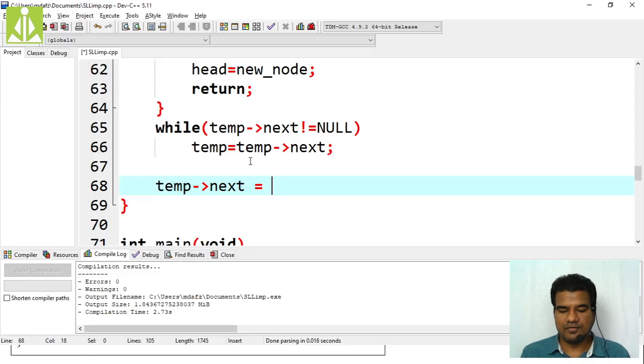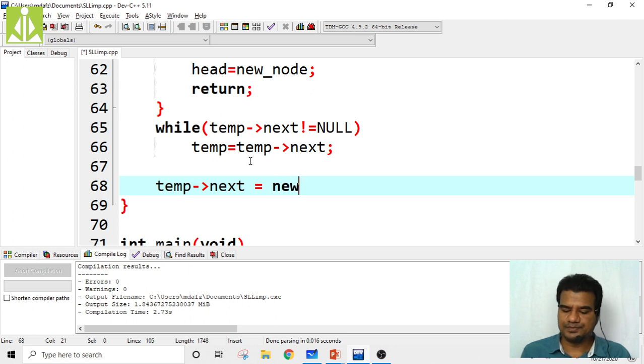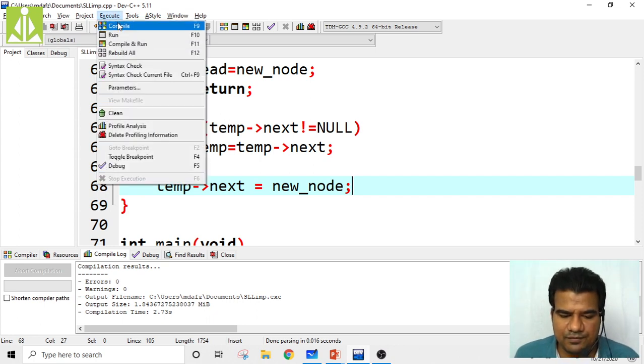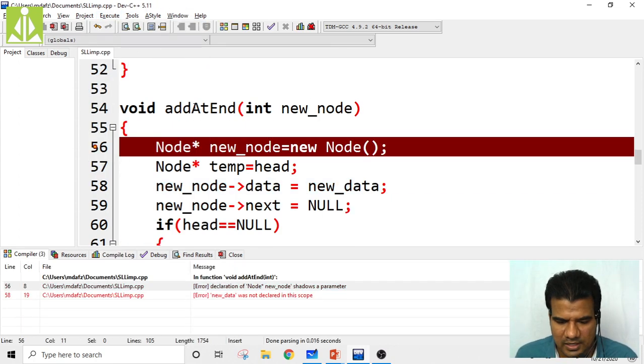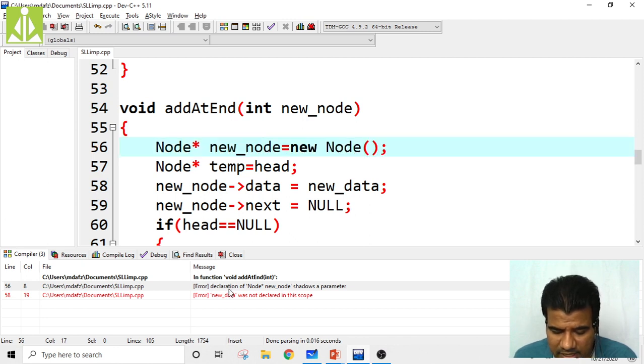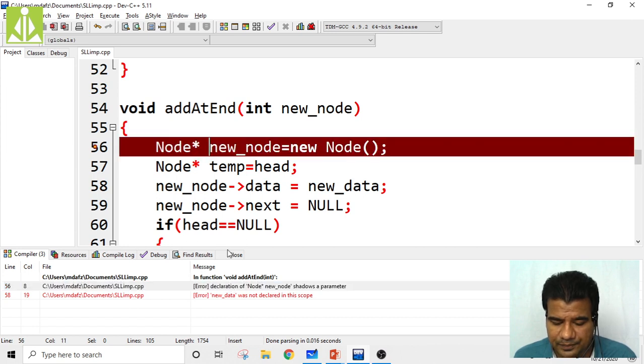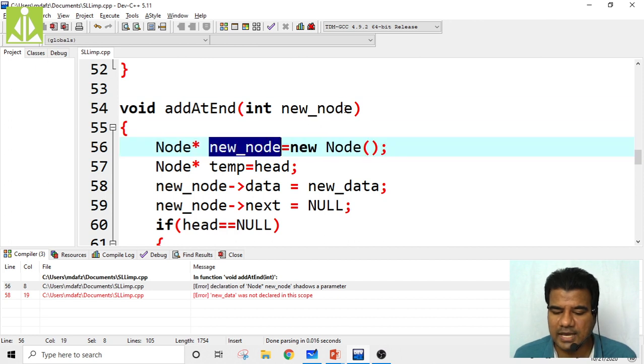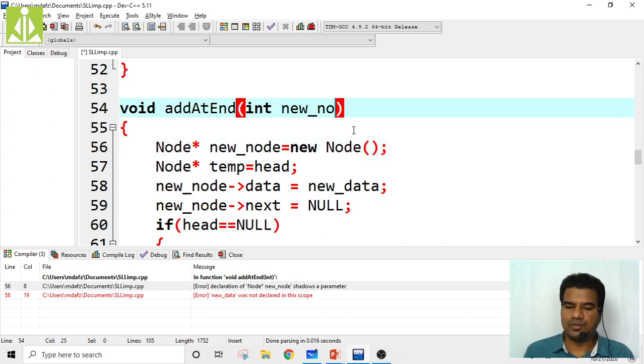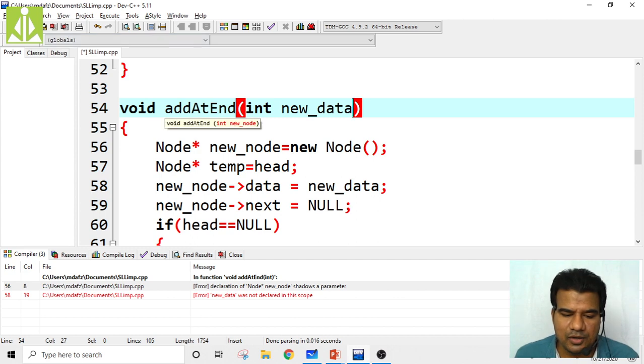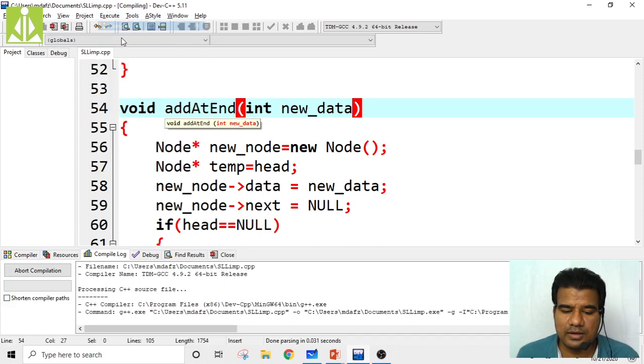That's it. Save this program and quickly check for any issues. It says declaration of node star new node shadows a parameter. Here it should be new data, not new node. So now compile.